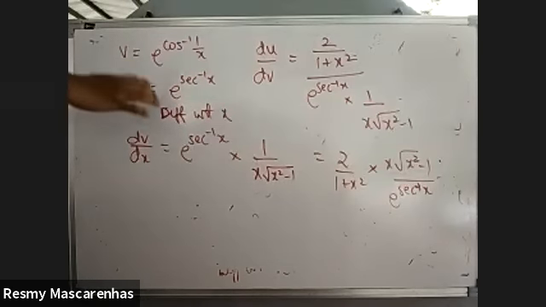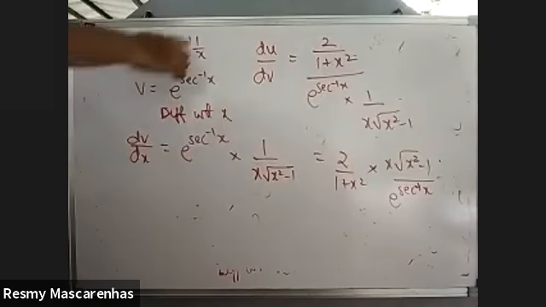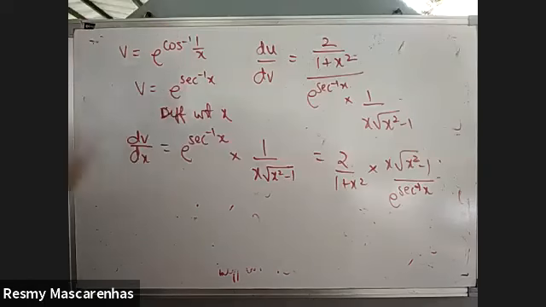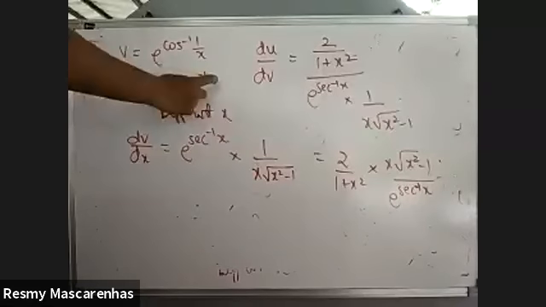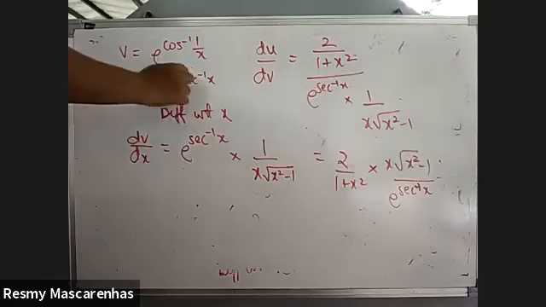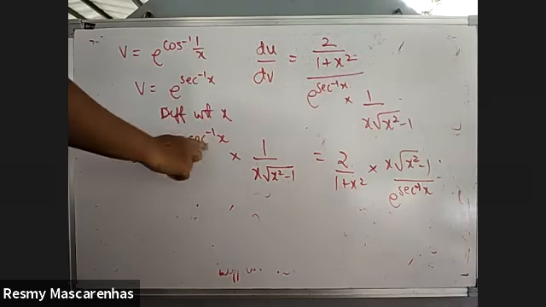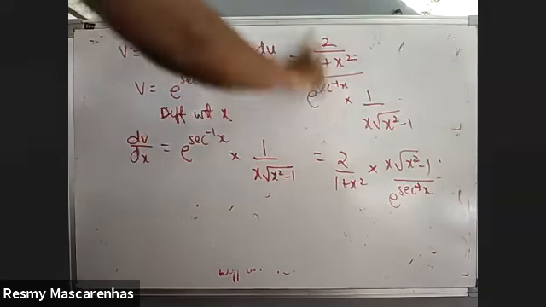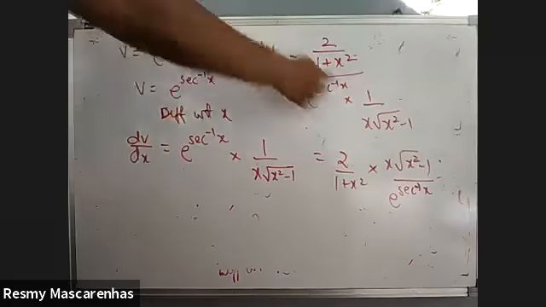Those who have not understood, quickly I'll repeat. We have to find derivative of this. So there is 1 by x. So x I brought it to the numerator, so it will reverse and become sec inverse of x. Then take derivative. E raised to x is e raised to x only, but extra derivative of x. If you see in the table, standard derivative of sec inverse x will be 1 upon x into root of x square minus 1. Okay, and then I divided both the answers and then reversed it.